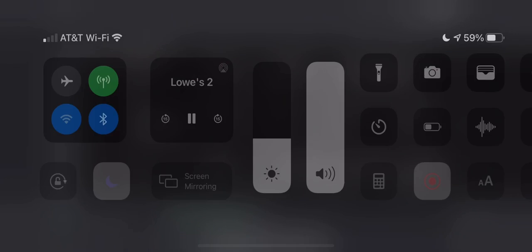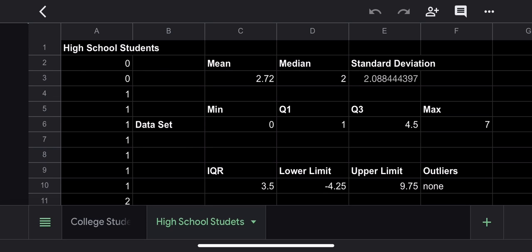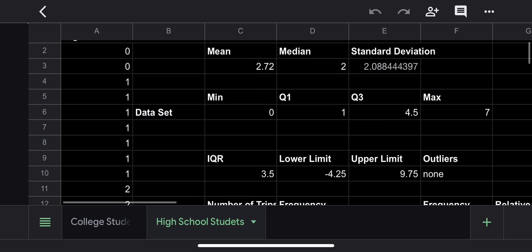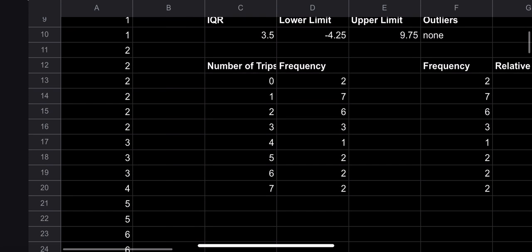the college students. The minimum was 0, quartile 1 was 1, quartile 3 was 4.5, which is a little higher compared to the college students, and the max was 7. The IQR was 3.5, also a little higher than the college students, lower limit -4.25, upper limit 9.75, and there were no outliers. So for the frequency table,